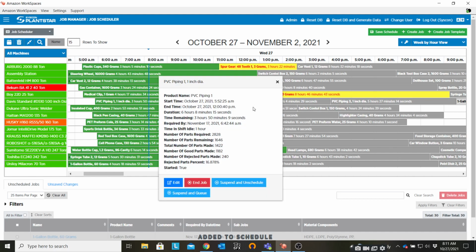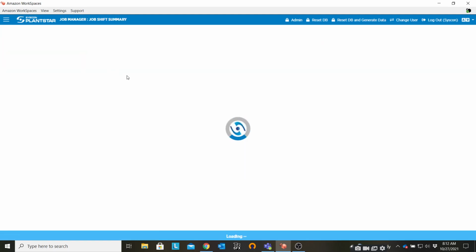You could also click and get real-time data for the current job. So you can see the real-time data here, number of parts required, parts remaining, total numbers of parts made. I can edit, end the job, suspend and unschedule, and suspend the queue job right here from the schedule. If I go into the job shift summary,